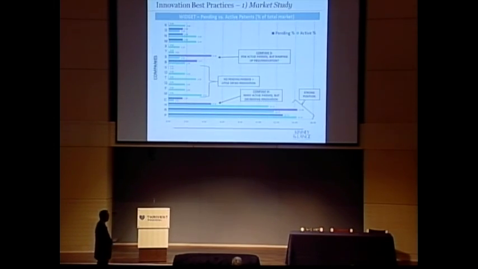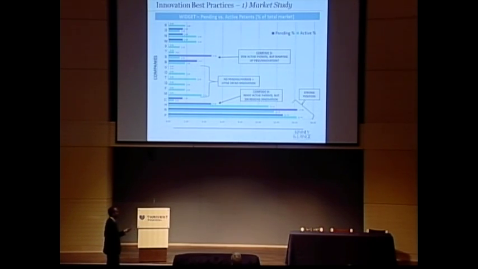What this is showing is that a pending patent means it's not issued yet, okay? It's just been filed and published and maybe rejected, we don't know, but it hasn't issued. And the active patents are the ones that are issued and still alive, okay? So what this shows is the percentage of patents that are pending in the overall market and the percentage of patents that are active in the overall market as held by each company. So here we can see company P, company R,